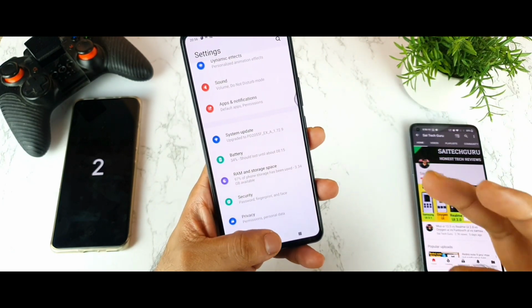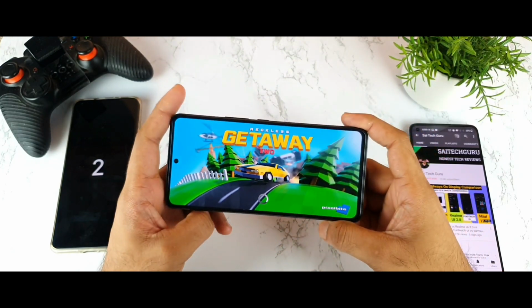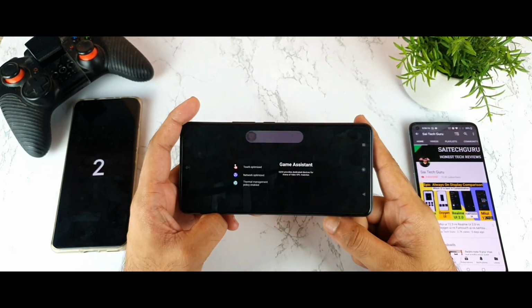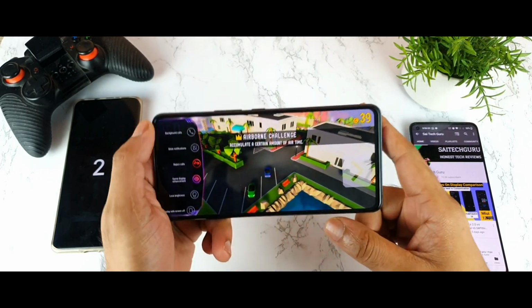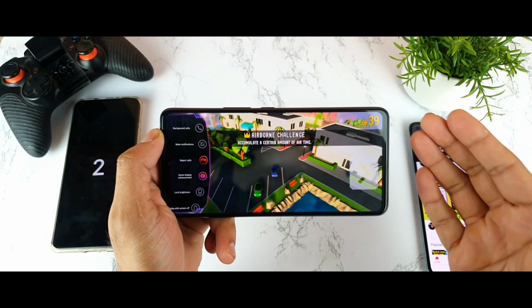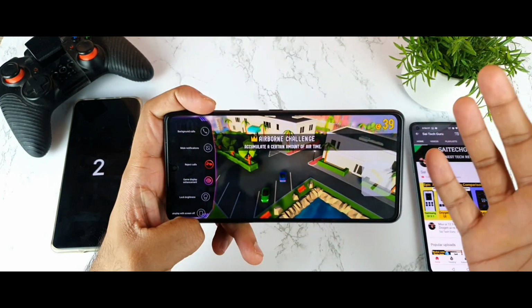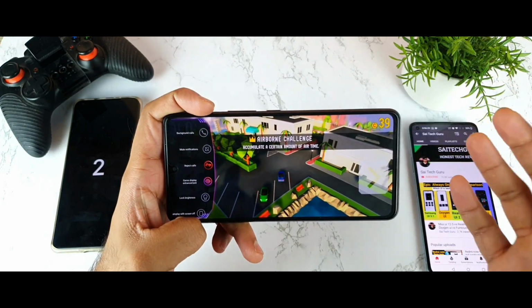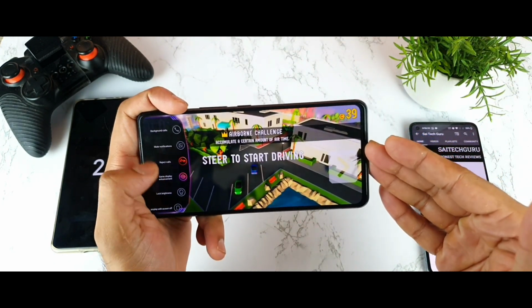And the second most important thing for me is having a real-time FPS meter. Yes friends, we do need the real-time FPS meter, otherwise I will not be satisfied while gaming, because a lot of other UIs, for example Realme or MIUI, have their own real-time FPS meter. So you should not depend upon a third-party FPS meter. Nowadays all the other UIs can do it, so why not the FunTouch UI? Yes, that is what we need.